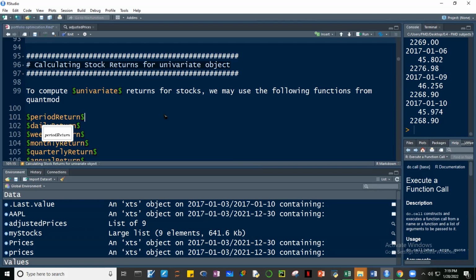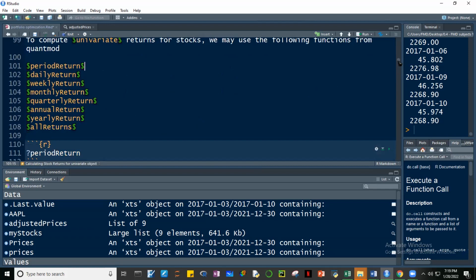So let's have a review again of computing for returns, because later on, when we reach the portfolio optimization part, it's imperative that we know how to compute returns. We can use these functions coming from quantmod: period returns, daily returns, weekly returns, monthly returns, annual returns, yearly returns, etc. So if we have an XTS, an extensible time series object, and we know that an extensible time series object